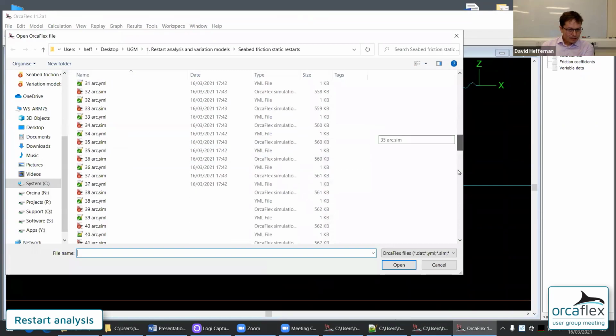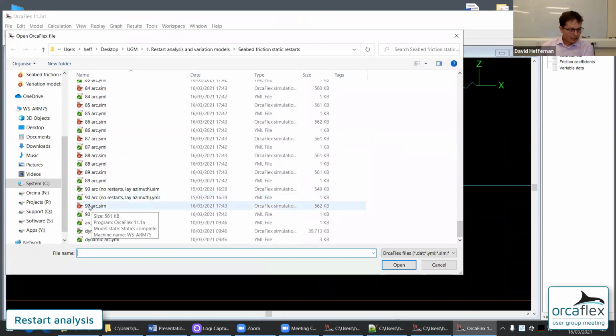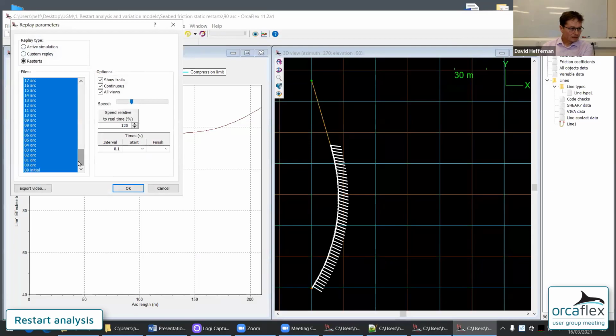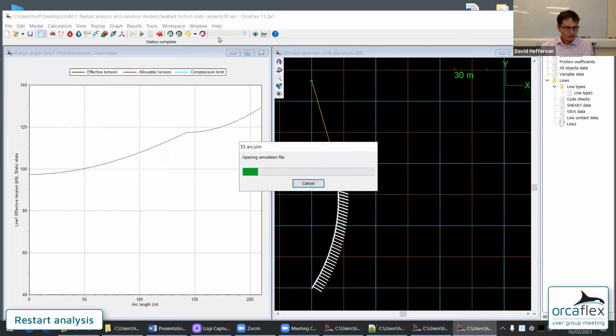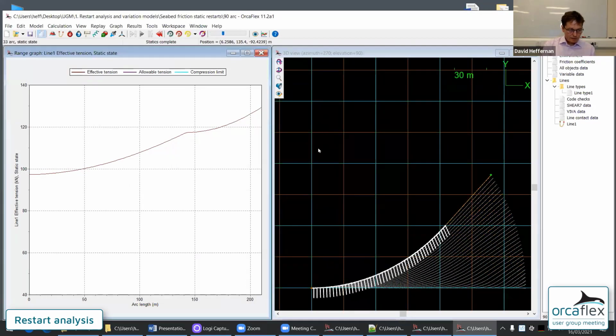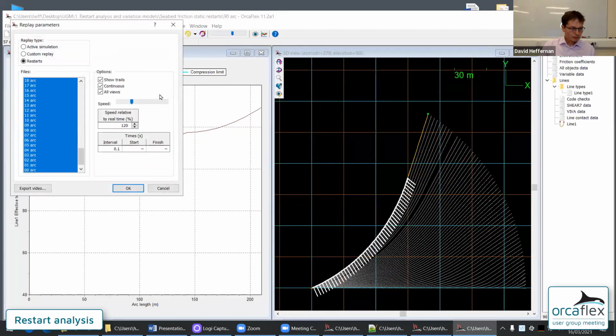And if I look at the two things we were comparing, this is the static restarts, and as you see, if I look through the replay, I'm just going to disable trails.